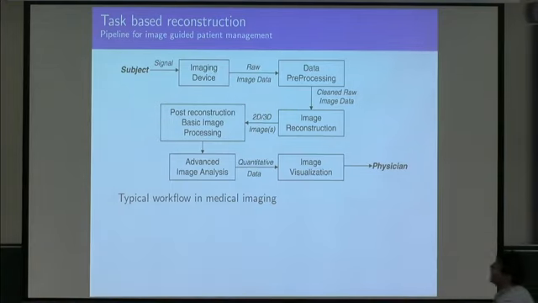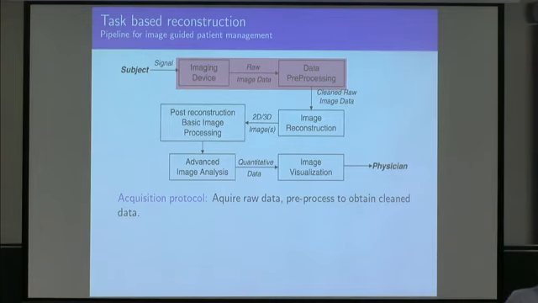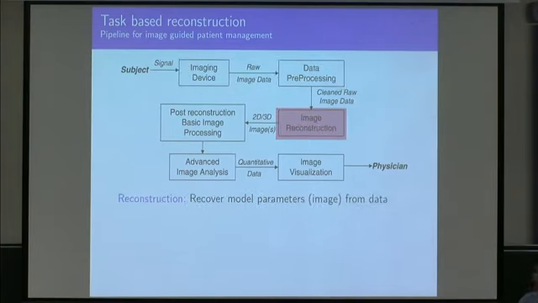So what does a regular pipeline look like? The typical workflow in imaging looks roughly like this. You have one part where you acquire your data, you do your measurements. And then you pre-process that data. You always do that. I heard from a colleague who worked at GE that roughly 12 to 16 pre-processing steps are needed before CT raw data is sent into the reconstruction engine. That gives you an idea of what's going on here. Then you have this little box where most mathematicians tend to be comfortable. You get this data, you do the reconstruction.